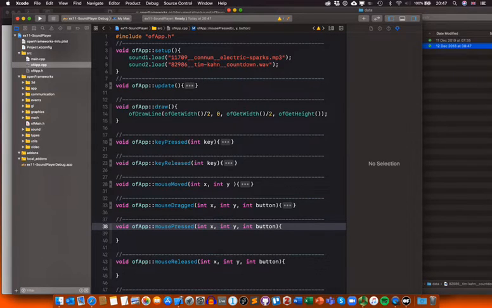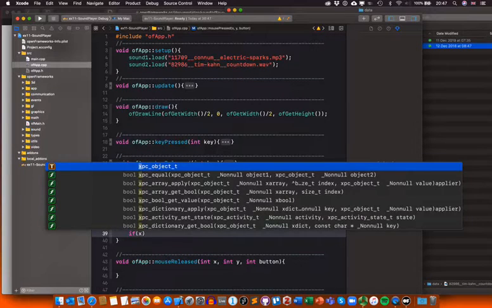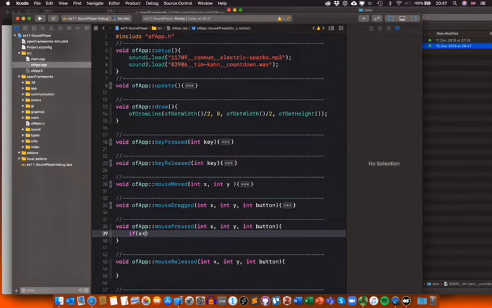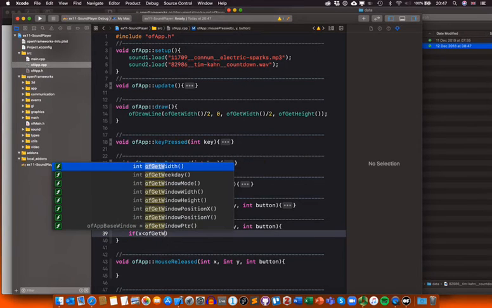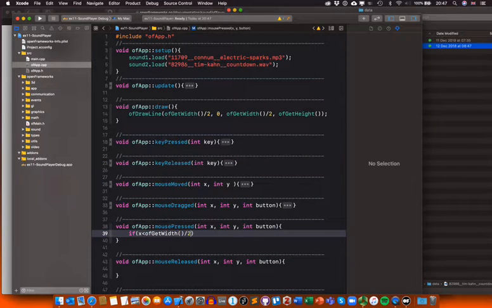Here I can use either mouseX, my regular property for mouse, or here in mousePressed I get x as the mouse X, which is shorter. I like shorter things as long as it's clear and understandable. So we can say that if x, and x here stands for mouseX, if x is lower than getWidth divided by 2,